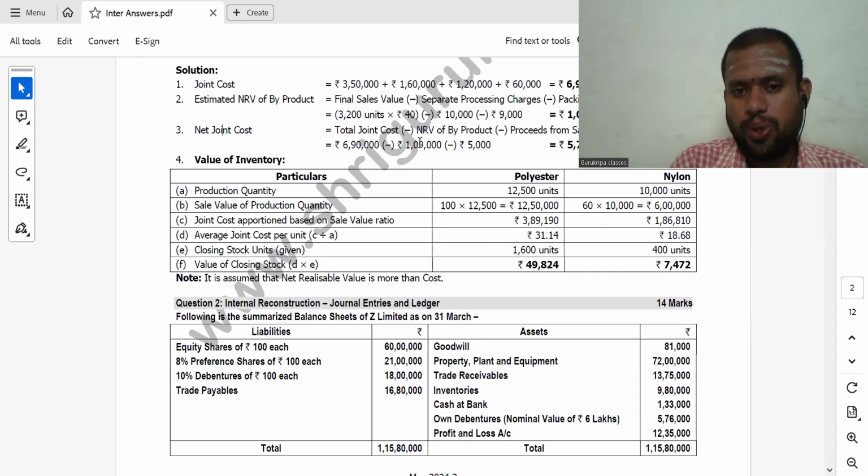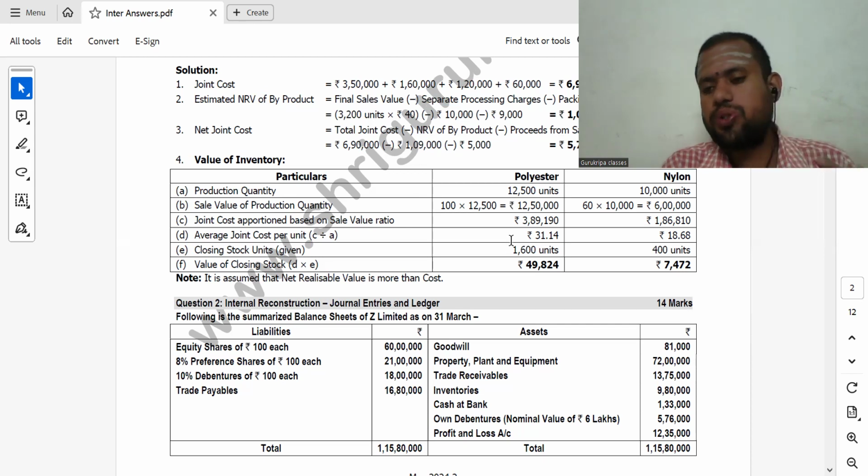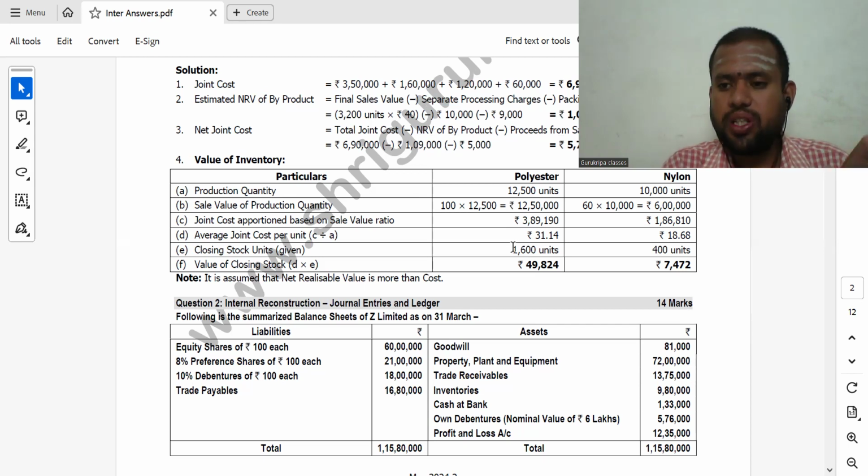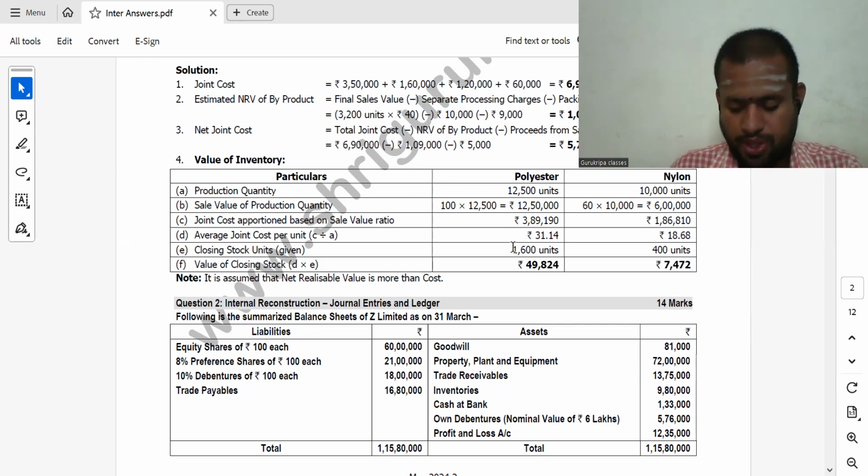Both I have to reduce. What is the NRV? Market value minus cost of disposal. So cost of disposal they have given. Profit is not relevant. That should be allocated on the sale value of the units produced basis, and cost per unit should be computed,